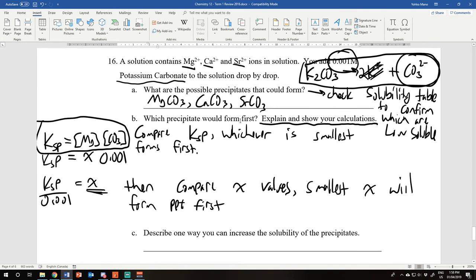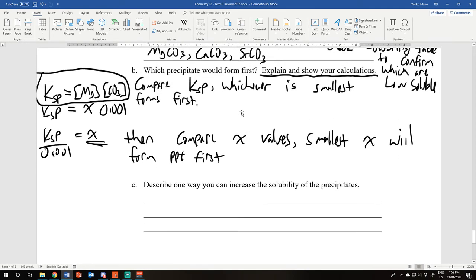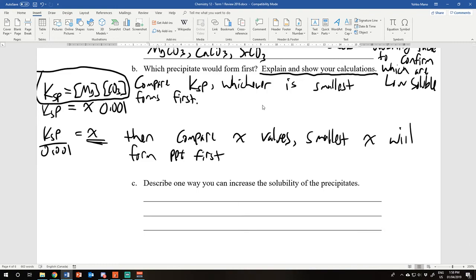All right, C, describe one way you can increase the solubility of precipitates. Now, some of you will mention add heat, and while this is a viable option for a good many low soluble compounds, not always. Okay, this only works if dissolving is endothermic, which again, like I said, it's usually the case, but there are some cases where it's not. So this is not a good answer, not the best answer, I guess. The better answer would be to